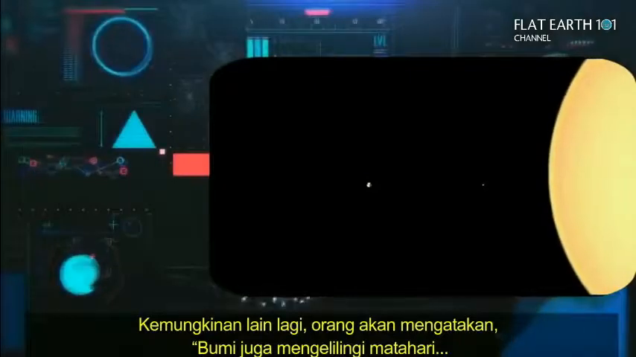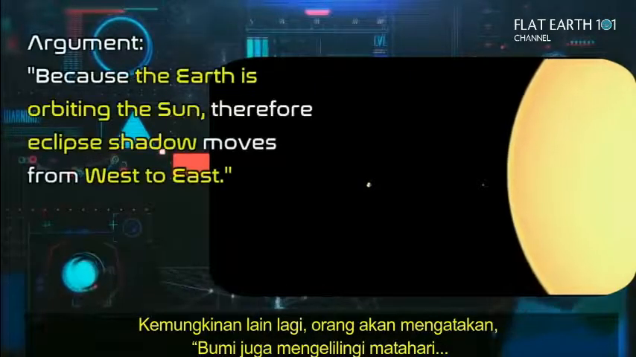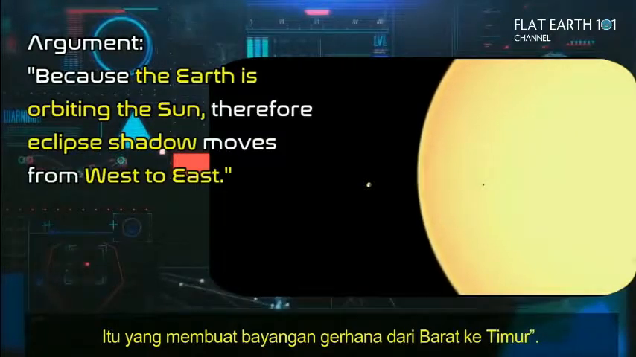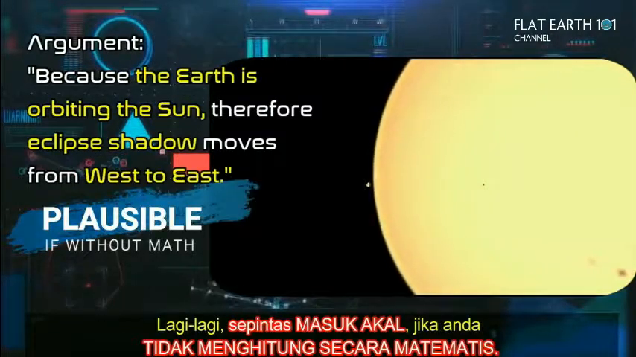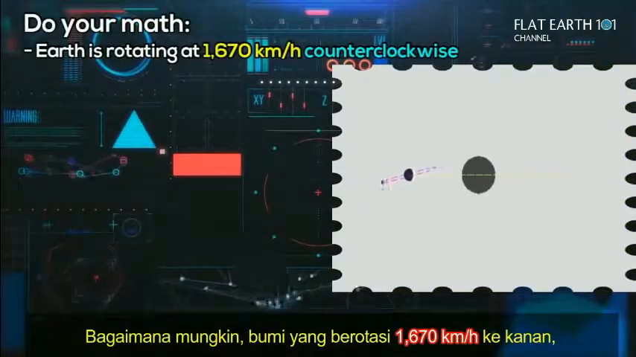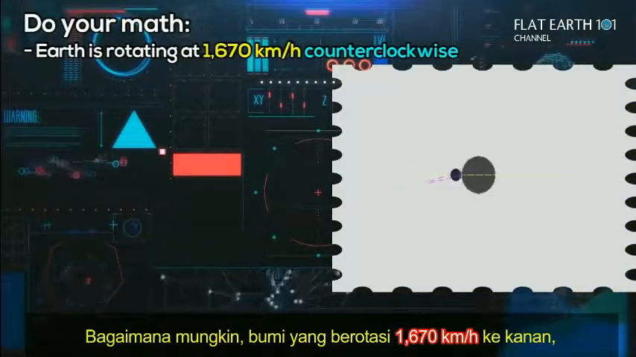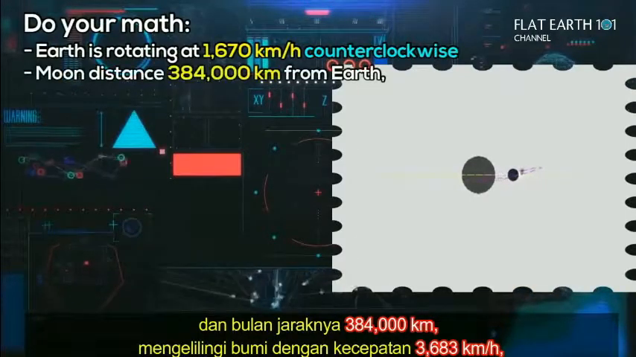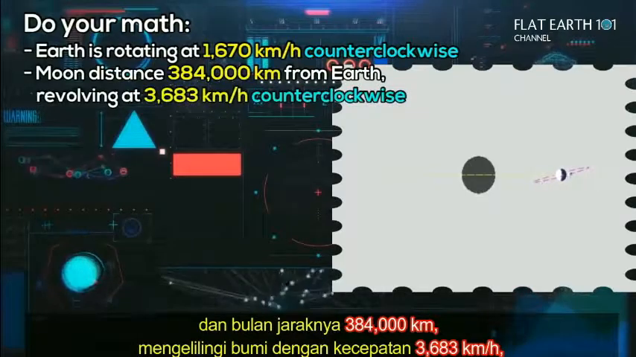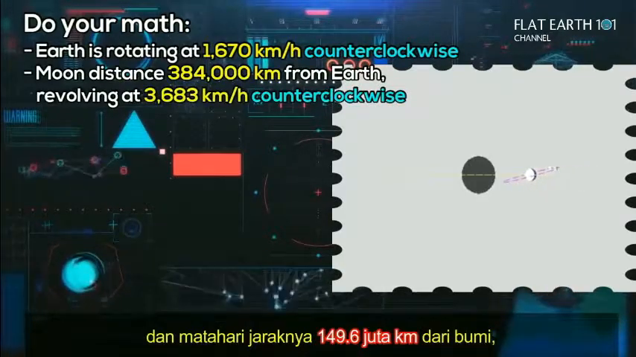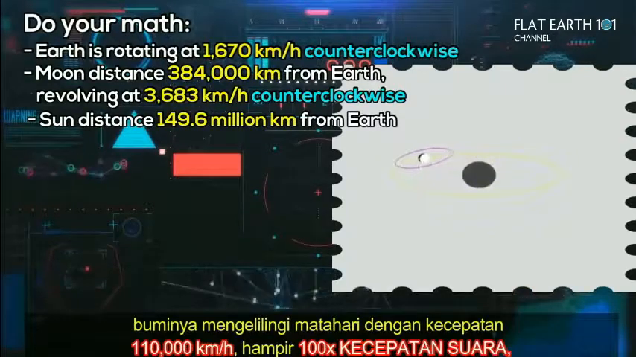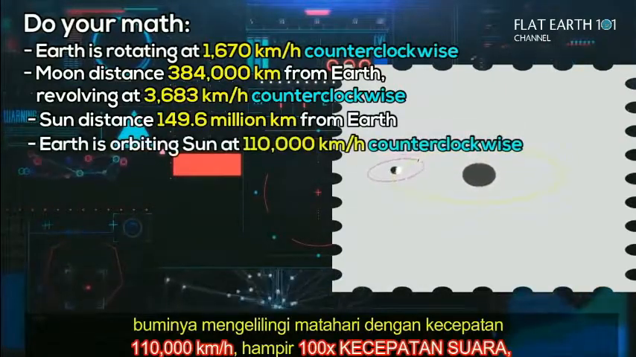Another possibility, other people would say the Earth is also orbiting the Sun. That makes the shadow move from west to east. Again, a plausible theory if you don't do the math. How come the Earth that's rotating 1,670 kilometers to your right and the Moon 384,000 kilometers away, orbiting the Earth at 3,683 kilometers per hour, and the Sun 149.6 million kilometers from the Earth, while the Earth is orbiting the Sun at 110,000 kilometers per hour,